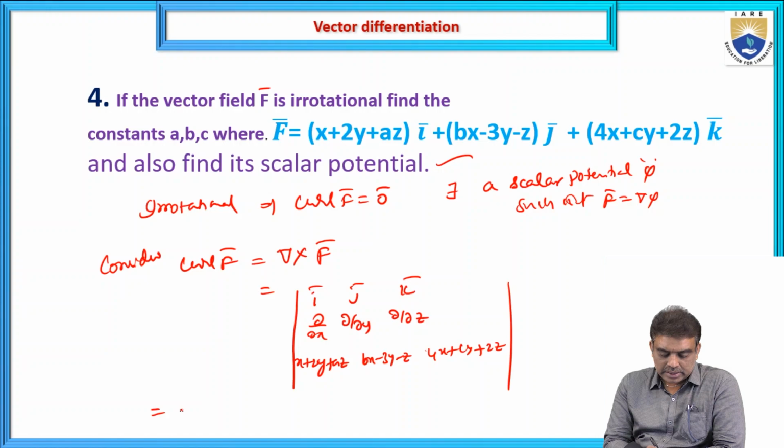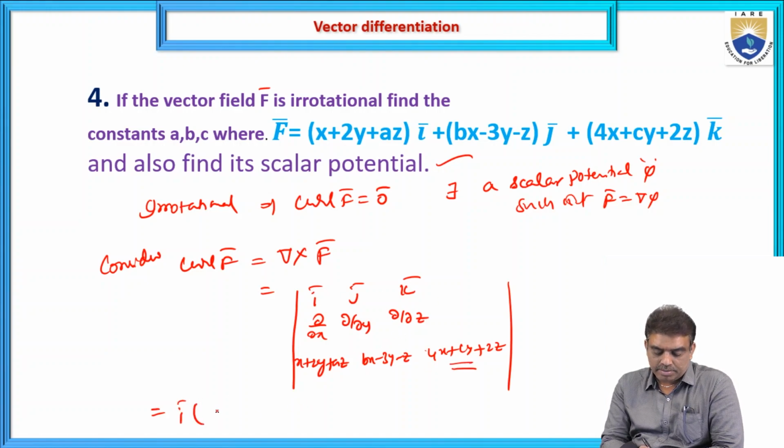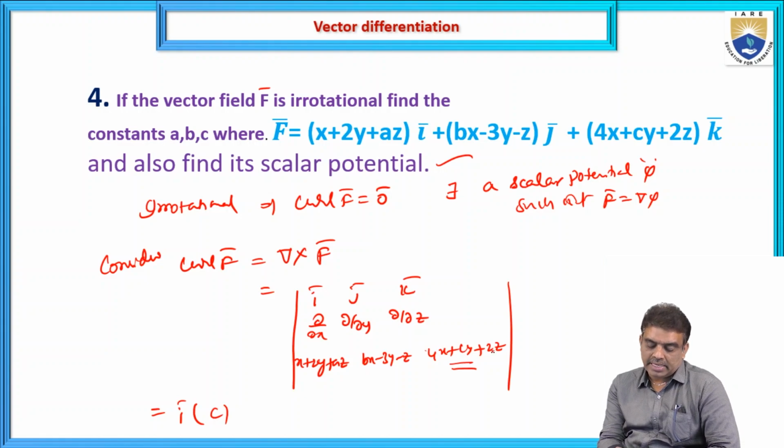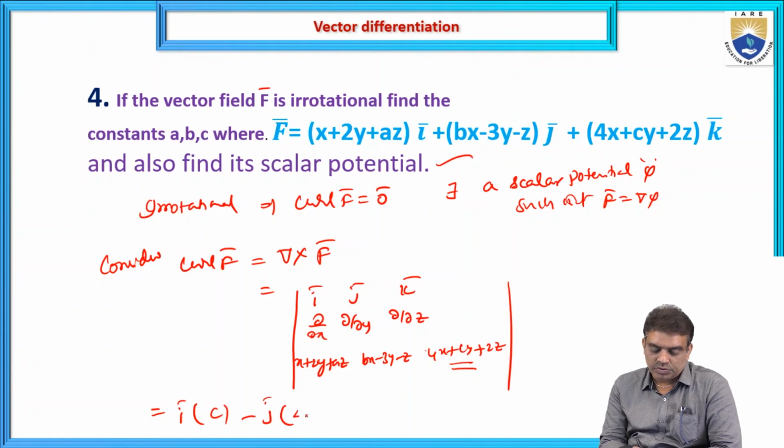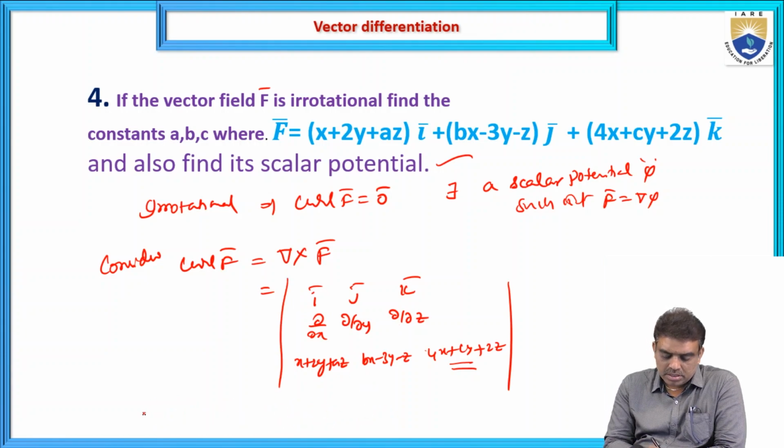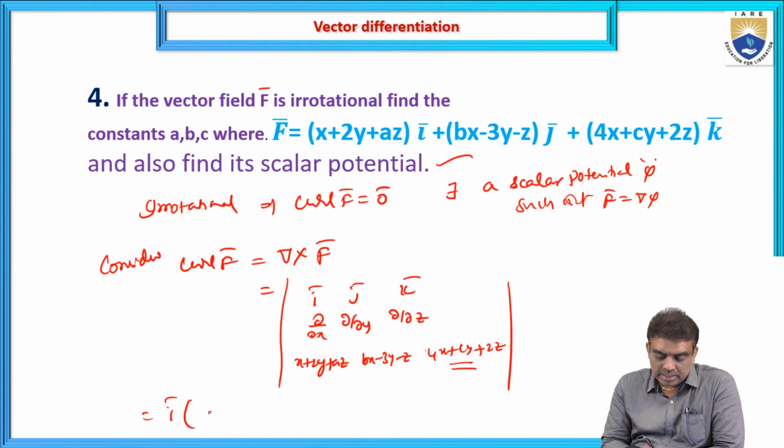So I'm expanding this determinant: i bar into dou by dou y of the entire term, that is c only, remaining x and z terms will be 0, minus j bar into dou by dou x of this one, 4 only, plus k bar into dou by... I will show, once again I write, this is i bar into dou by dou y of this one, that is equal to